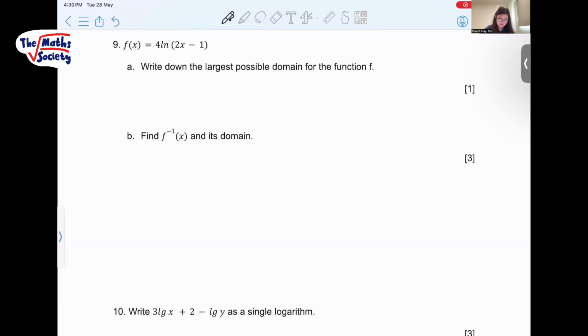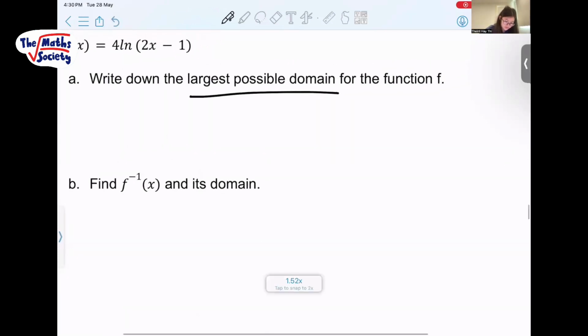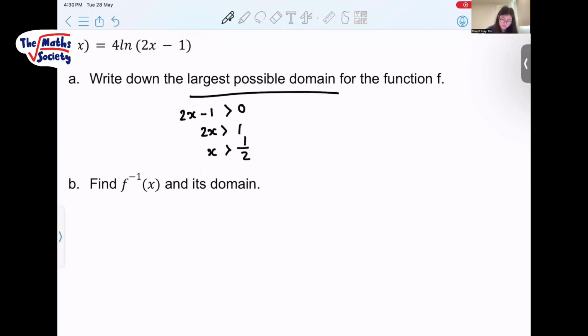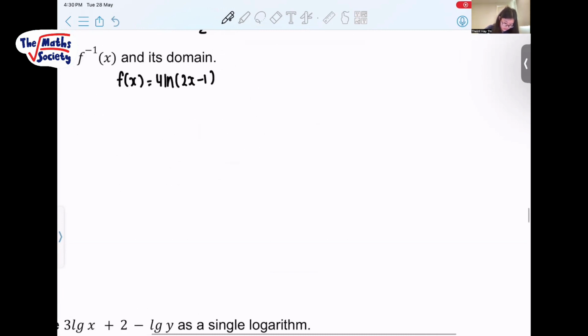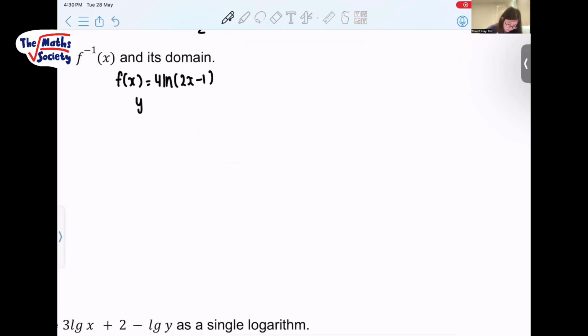In question 9, they just asked us to write the largest possible domain because we know that 2x minus 1 has to be greater than 0. 2x equals 1, x greater than a half. So x just has to be greater than half. And then we need to find f inverse of x in this domain. f of x is equal to 4 ln 2x minus 1. Yes, and then it's going to be y equals 4 ln